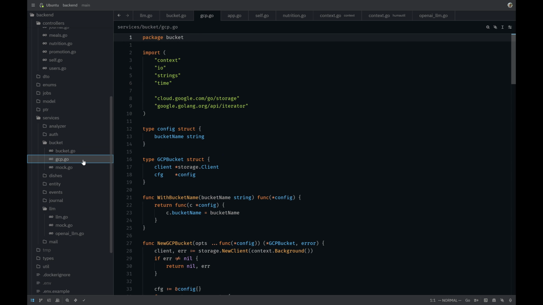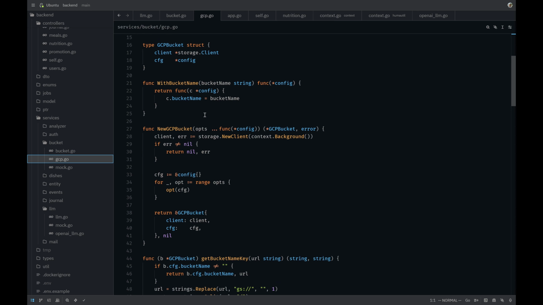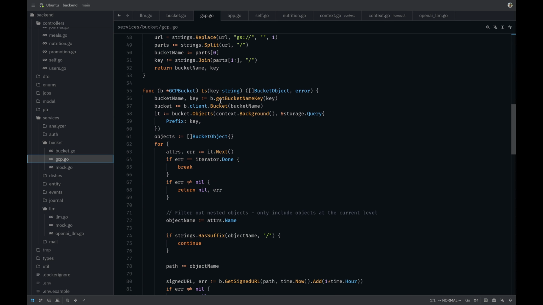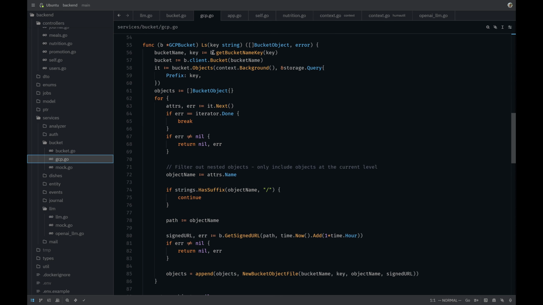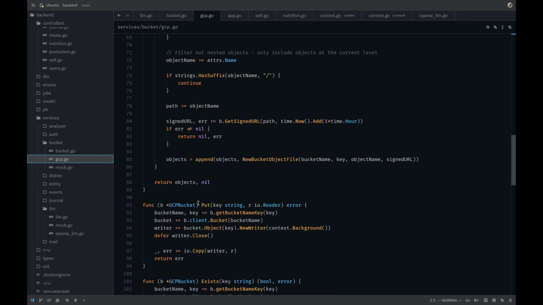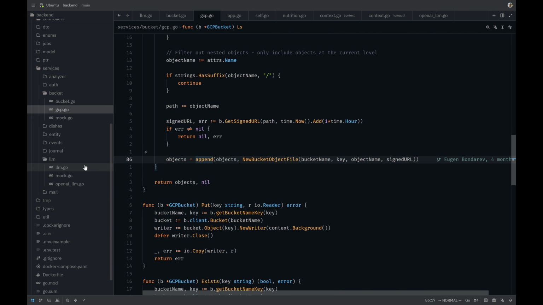And then I create an implementation for this interface, let's say for GCP, because I'm using Google Cloud. And here, as you can see, this implementation has all the details of how you should communicate with this bucket, but my app actually doesn't really know what implementation is injected here. So today I'm using GCP, tomorrow I might implement S3, and I can use S3 instead of GCP. And the same thing